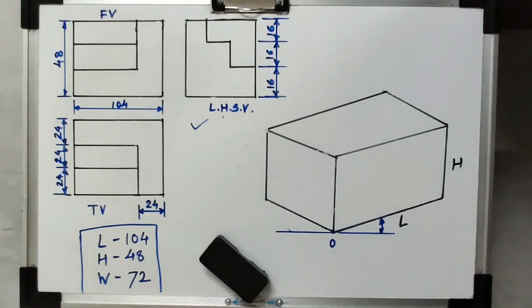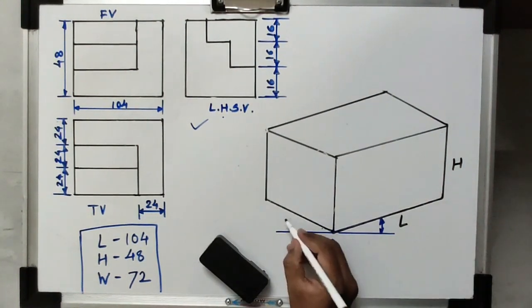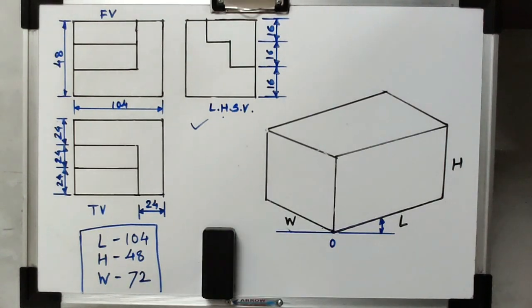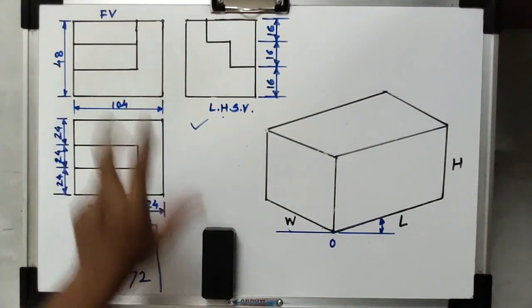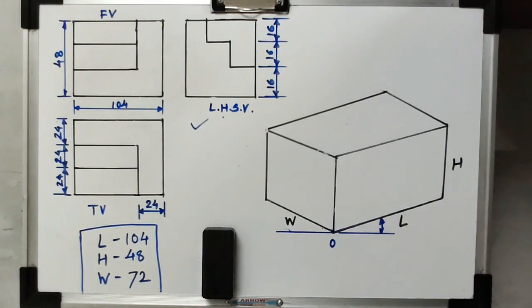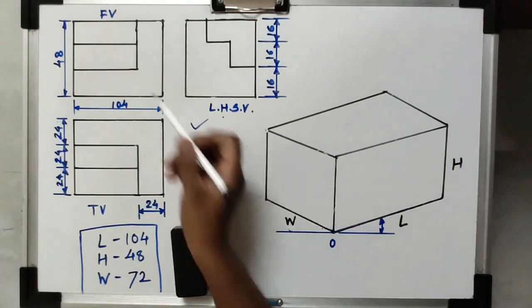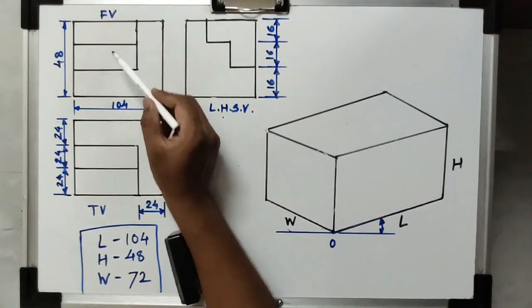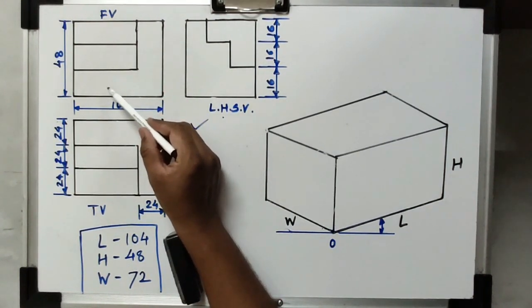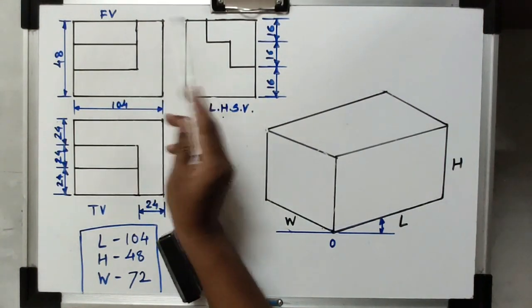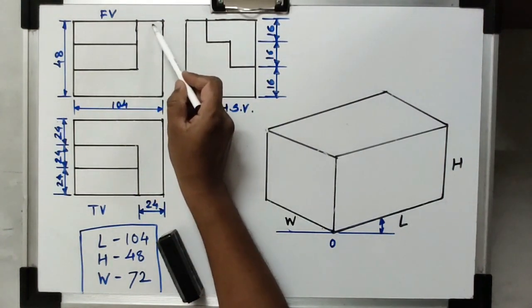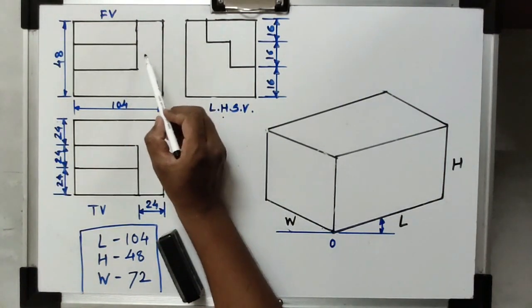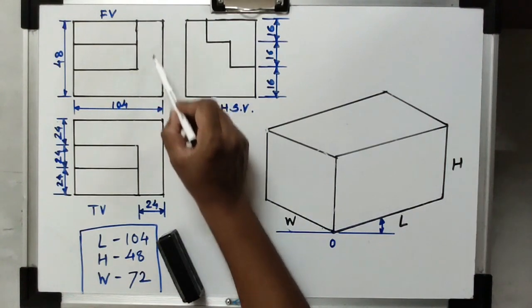Okay, now this is the complete box which is representing the length, height and width of the object. After representing the box, the next step is to represent the structure which is visible in the front view. When we observe the front view, it is showing two rectangles having a somewhat similar structure, and the third rectangular structure looks like an L alphabet type structure, but in reverse order, meaning the vertical portion is on the right side and the horizontal portion.